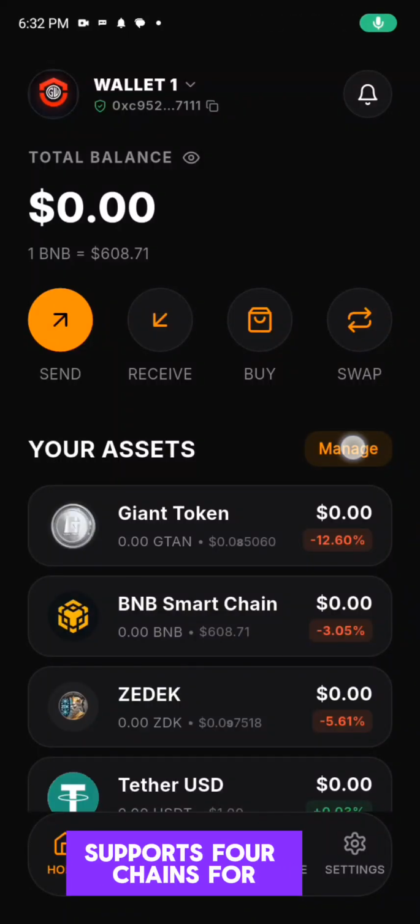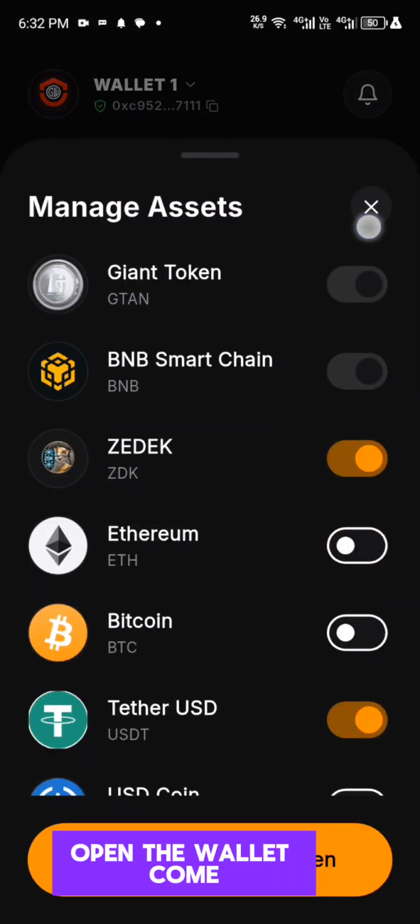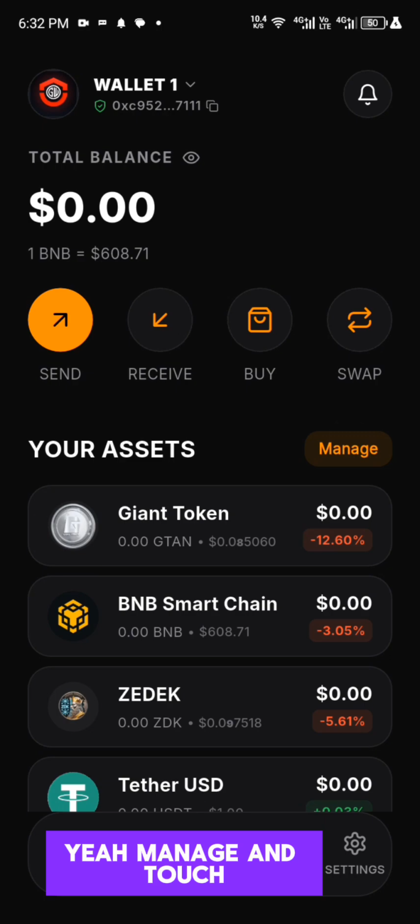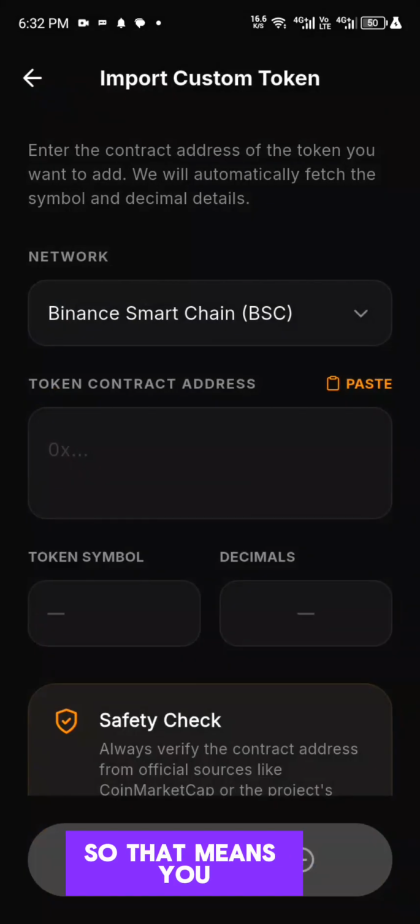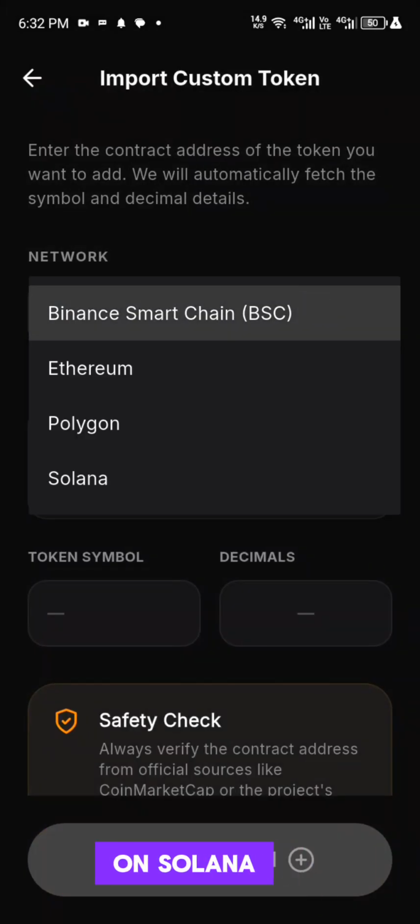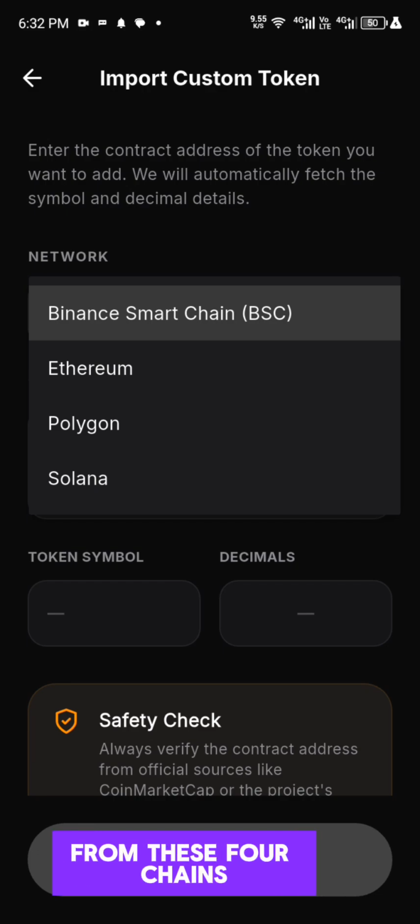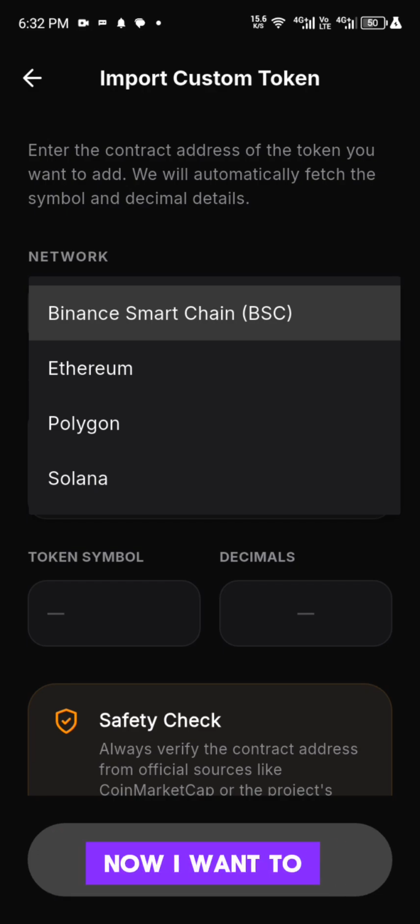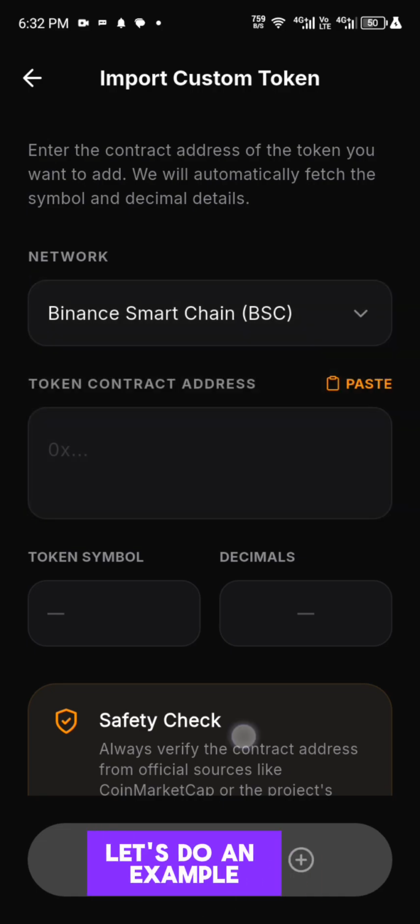The wallet supports 4 chains. For you to just see them, you open the wallet, come to manage, and touch import. So that means you can hold tokens on Solana, Polygon, and Ethereum on your giant wallet from these 4 chains. So for example, now I want to get a token from BNB chain. I will just minimize. Let's do an example with